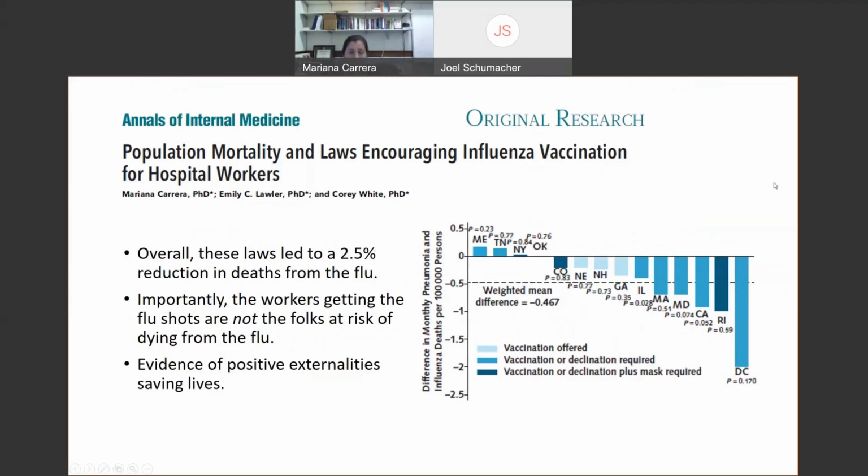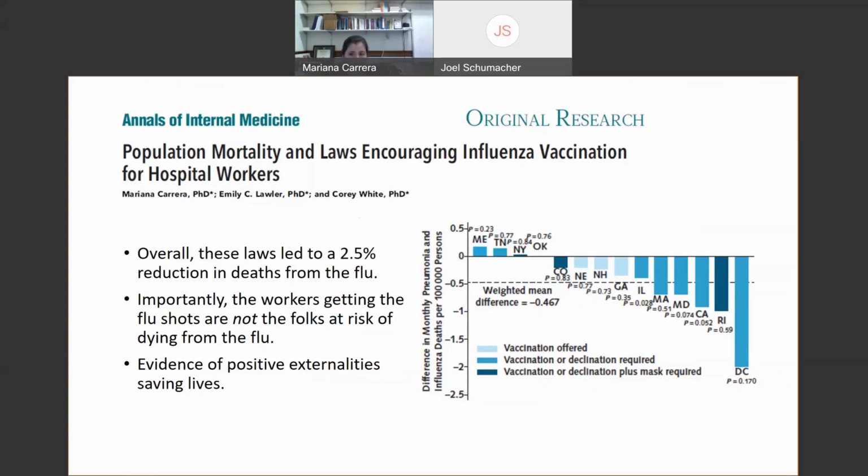So what's important to emphasize here is that the laws are pointing hospital workers to get vaccinated, but hospital workers are not the folks that are at risk of dying from the flu. The deaths are almost all occurring in the elderly. So all of these effects we're estimating are among elderly populations, but they're driven by hospital workers getting their flu vaccinations at a higher rate. So this is evidence of positive externalities, that one person's vaccination protects not only them, but others that they come into contact with. It's evidence of positive externalities saving lives, and is useful evidence as we turn to considering similar